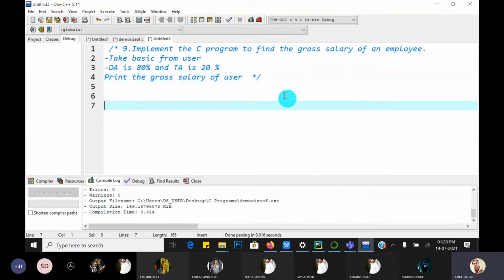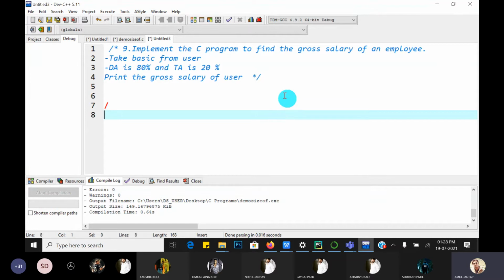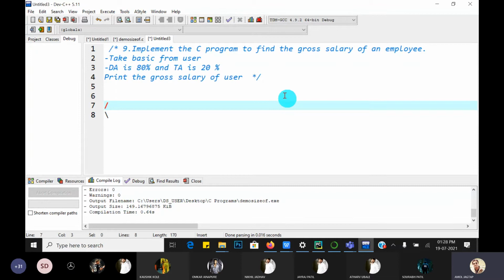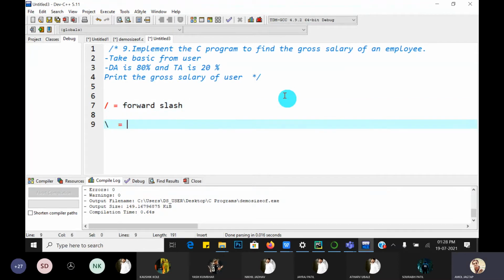There are two types of slash. This type of slash and this type of slash. The first type of slash is called the forward slash. Then this type of slash is called the backward slash.